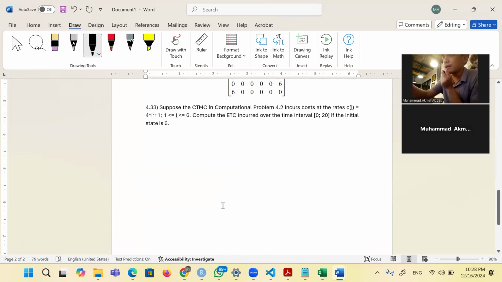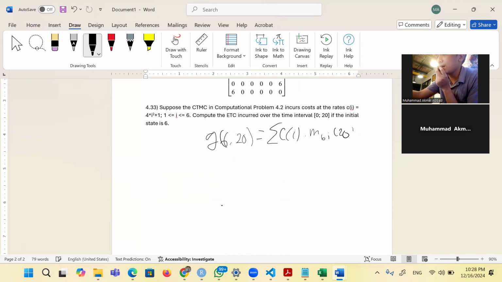We will calculate G(6,20), because the initial state is 6. So it's the sum of C_i times M(6,i)(20), where i is 1 to 6.